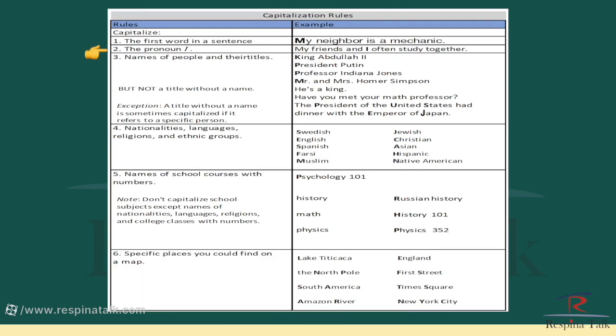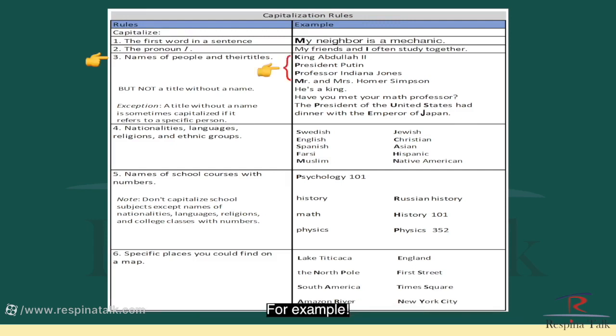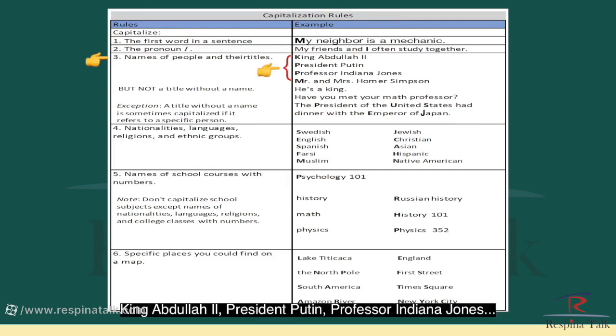Rule number 2, the pronoun I should always be capitalized. So anytime you write I, you should capitalize it. For example, my friends and I often study together. So you have the I capitalized. Rule number 3, names of people and their titles should be capitalized. For example, King Abdullah II, President Putin, Professor Indiana Jones. So their titles and their names are all capitalized, but